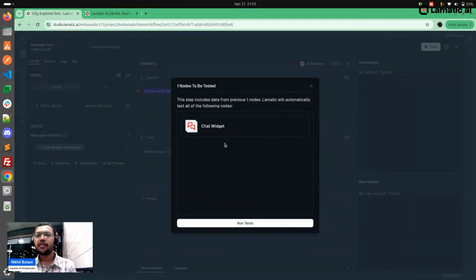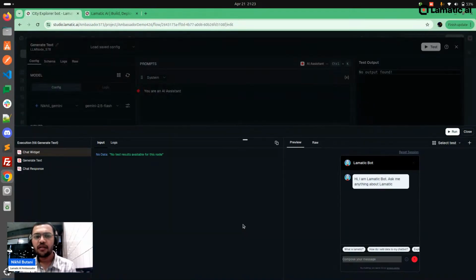You can see a pop-up that one node needs to be tested, right? Whenever I edit the flow, and after that I edit the chat widget, I can just do the testing. So it will start the test.